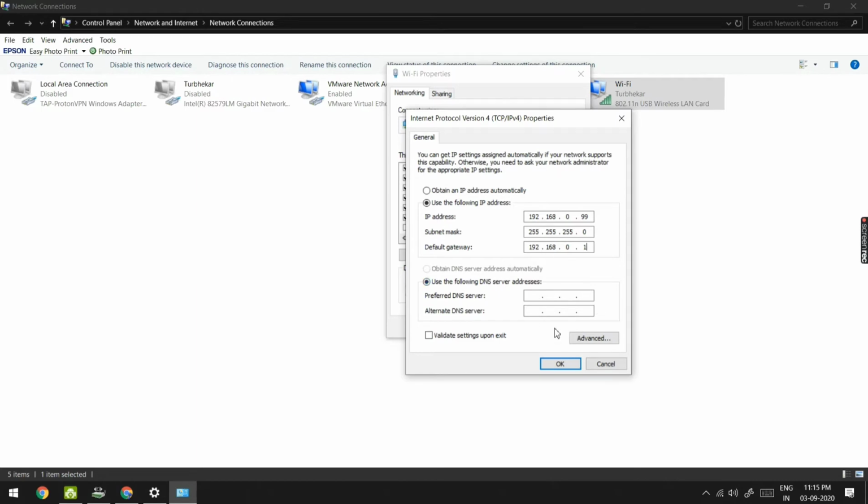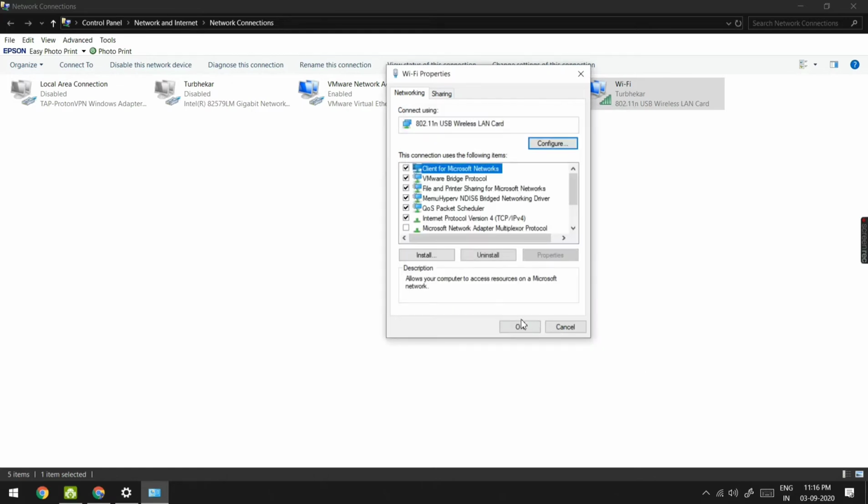It's our choice if we want to give the DNS. I'm giving the DNS of Google, 8.8.8.8, and the alternate DNS is 8.8.4.4. So this was our configuration in Windows for giving a static IP to our network adapter. We will save the setting and watch whether it is implemented or not.